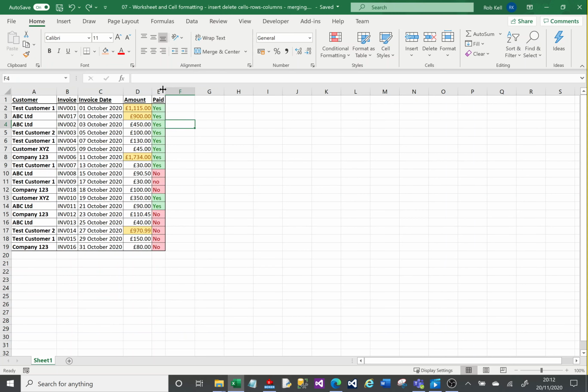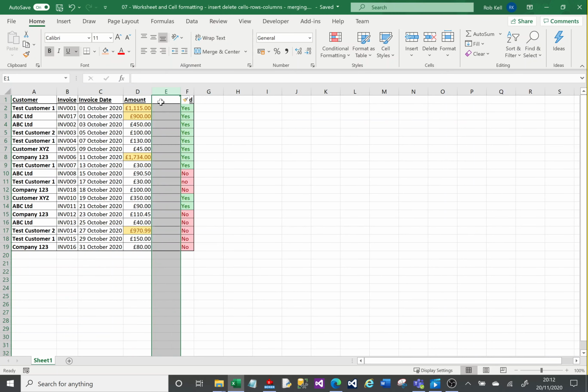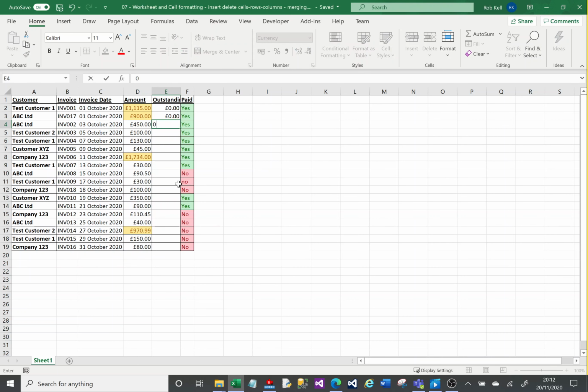the last thing I want to do is include a new column. So I'm going to right click here and choose insert a new column. The column I want to include is the outstanding column, which says how much of my invoice is outstanding. Because I've highlighted here and inserted, it's copied all my formatting from this side, including the number formatting. So if I put a 0 in there, you can see it's put decimal points and a pound sign. If I put the £900 outstanding from here, it's copied the conditional formatting, so it says it's above my